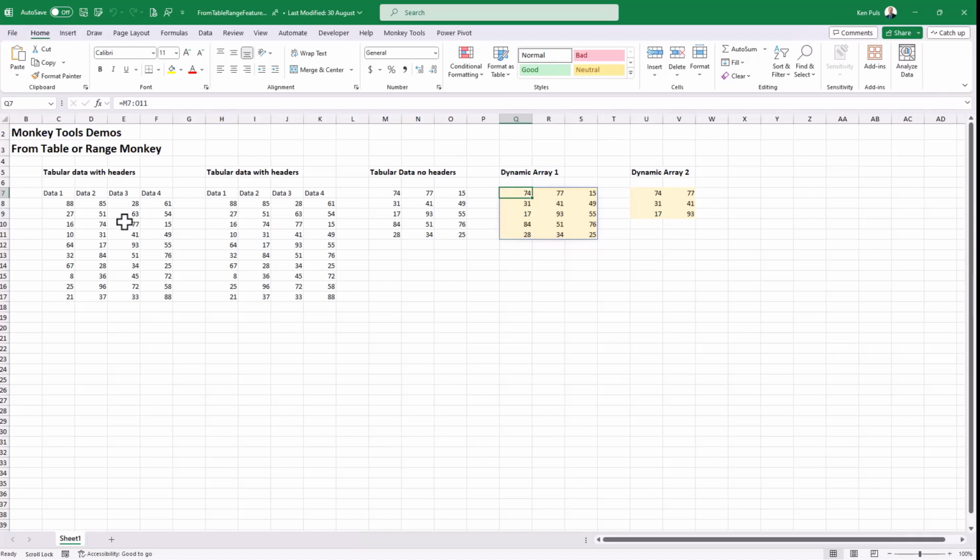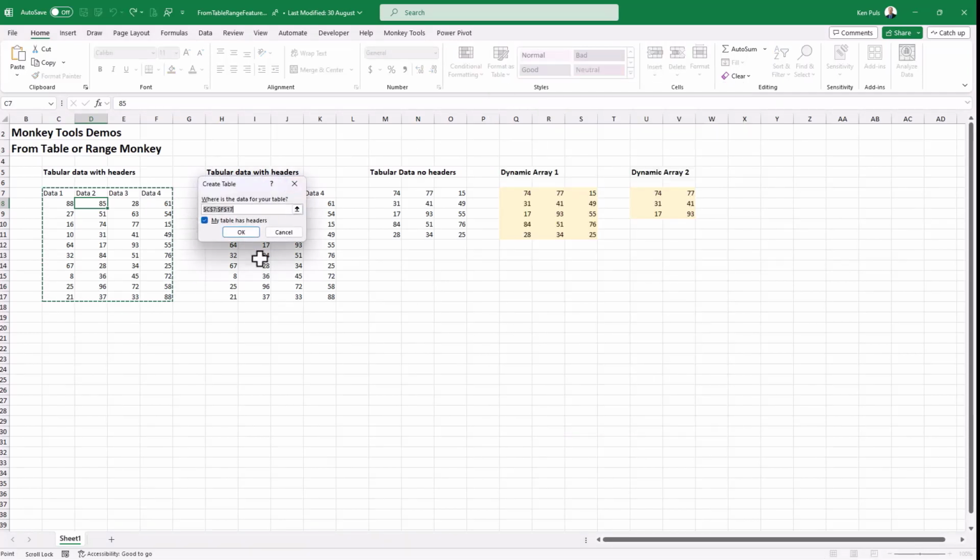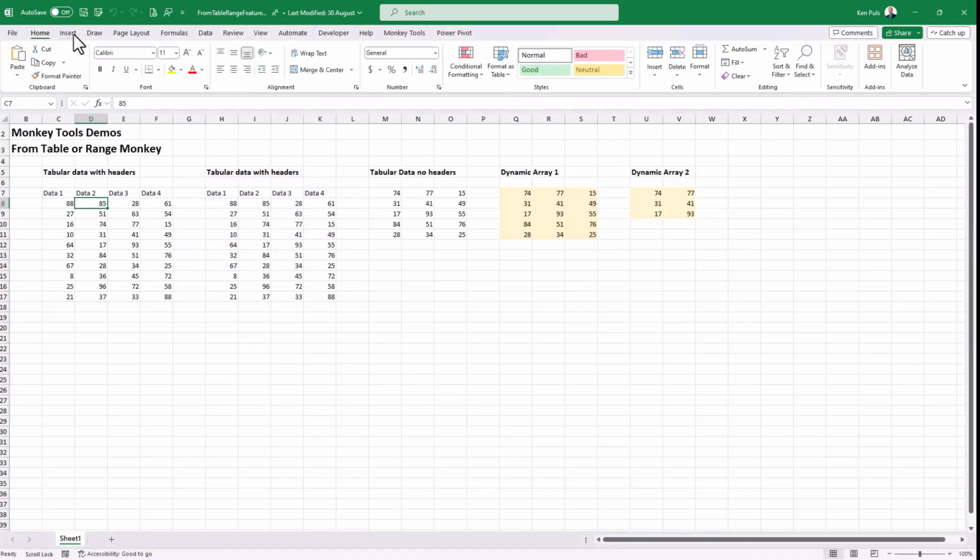Now here's the thing. I want to come over to my first table here, and I'm going to use some default Excel behavior. I'm going to go to Format as Table, and I'm going to pick the color of the table. And what you'll see is that we get this Create Table dialog. Now this is the native version of this dialog for Excel. We cannot pick up and interrupt this Format as Table one. So if you like this one, you're going to stick with the regular version. But notice the problem is it may pick up the data and it tells me my table has headers. That's great, but it doesn't give me the ability to name this table. So let me hit cancel and show you this version.